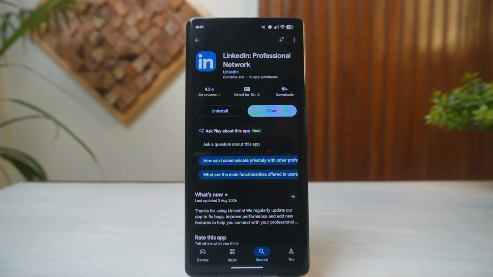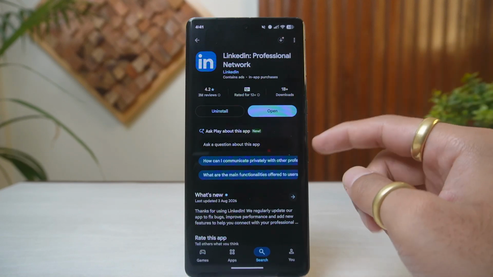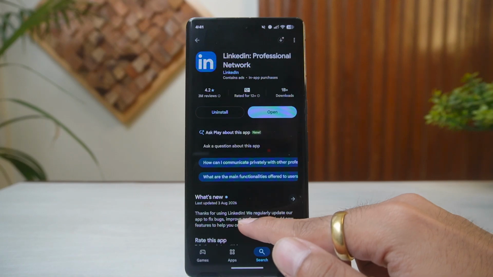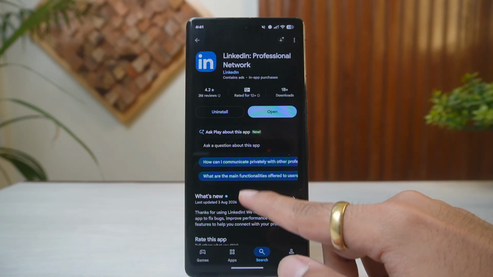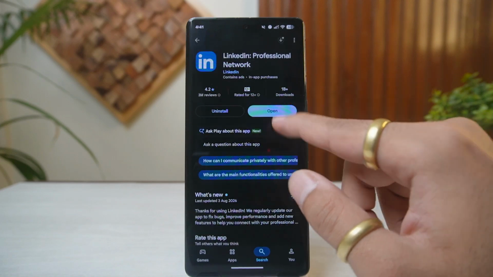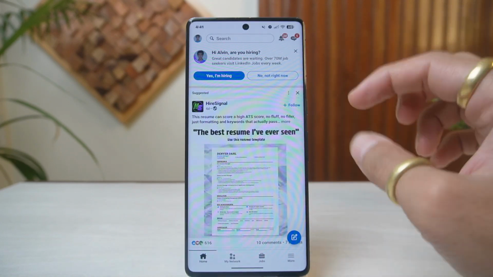How to create a LinkedIn profile step by step. First things first, you simply have to go ahead and download the official mobile application or simply launch any web browser of your choice. Then head to the official LinkedIn website. From there, all you have to do is now go ahead and launch the application, or once you're here within